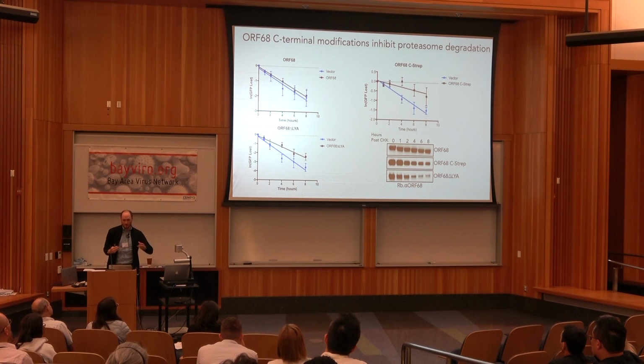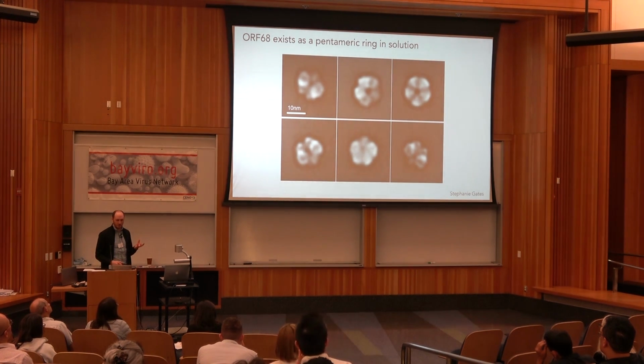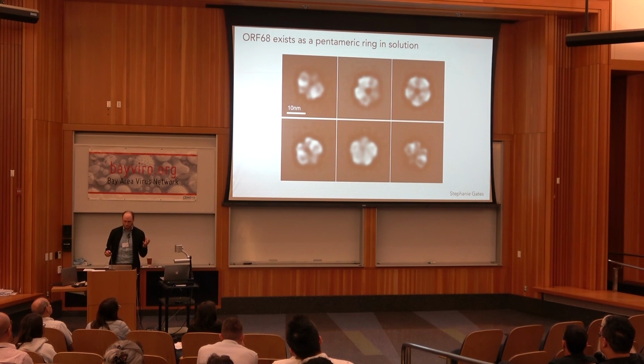So this at least suggested to us that ORF68 could interact with the proteasome. It actually had a functioning gate open motif. And just to add to that, something we noticed while purifying the ORF68 was that it purified as an oligomer. And not only that, but by doing some negative stain EM and recently some cryo-EM, ORF68 is actually a pentameric ring, where you can see there are these 5 subunits and there's actually a